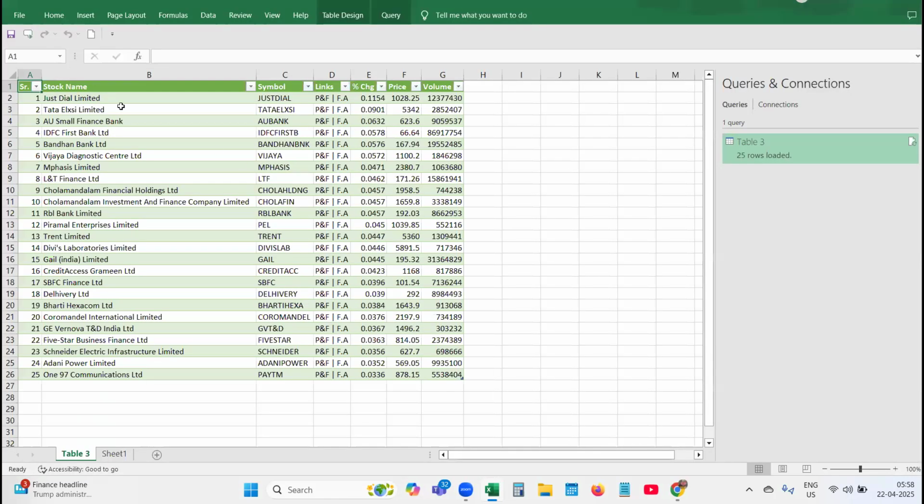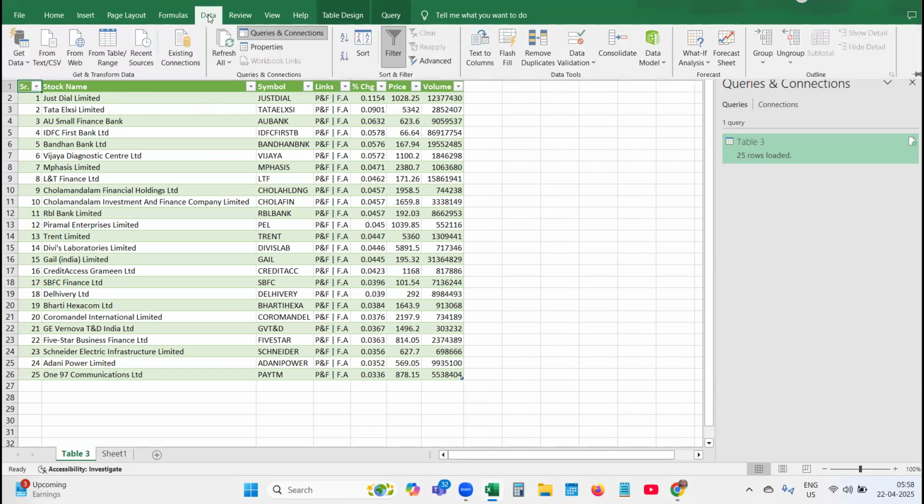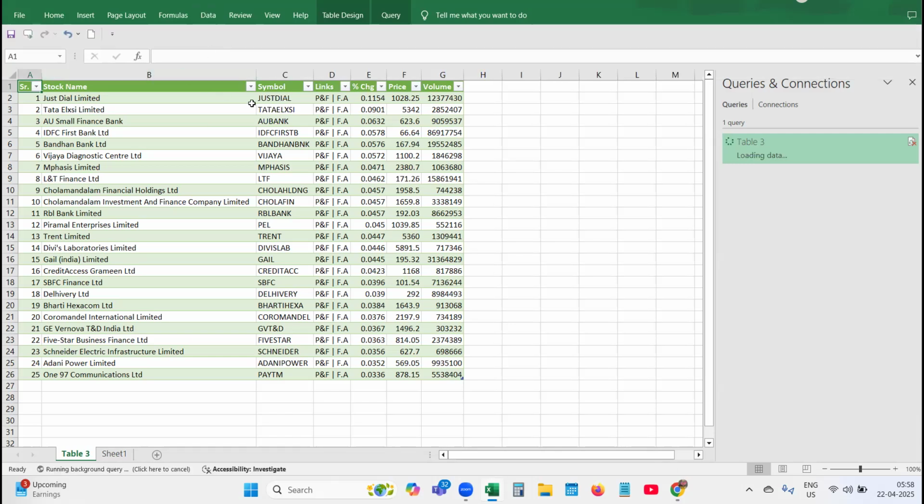Once you save this, whenever you open the Excel sheet in the morning, around 9:20 or 9:15, you click on the data again, you click on refresh all. Once you click on refresh all, it will refresh and give everything.